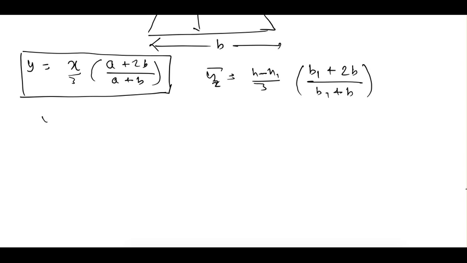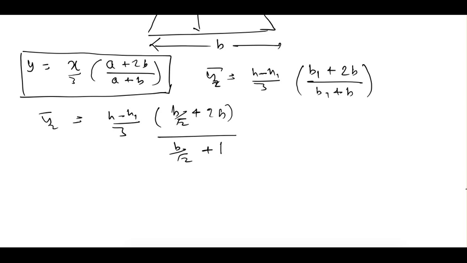This we can put here, so y2 is equal to h minus h1 upon 3, b1 is equal to b by root 2, so b by root 2 plus 2b divided by b by root 2 plus b. So we can take b as common and cancel out, and h1 we also know is equal to h by root 2, so that also we can put here. So this value, if we calculate, comes out to be 0.1548 h,